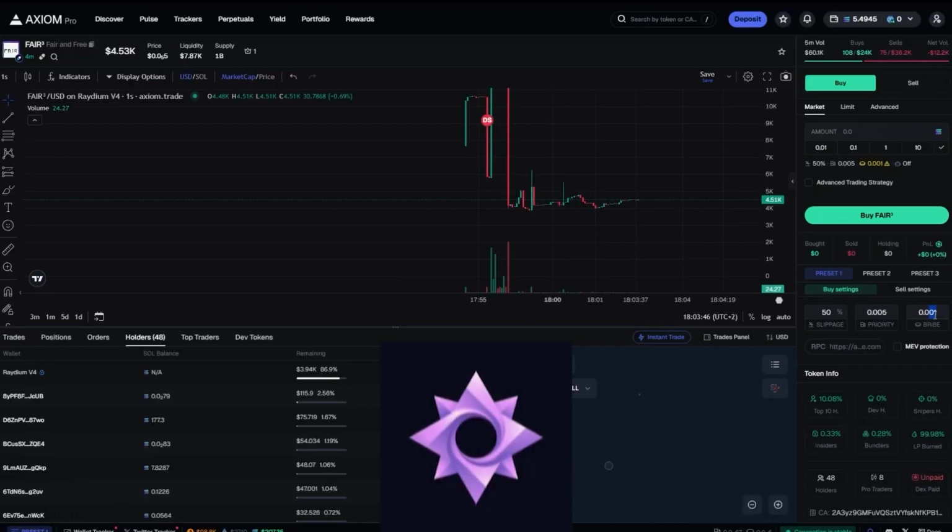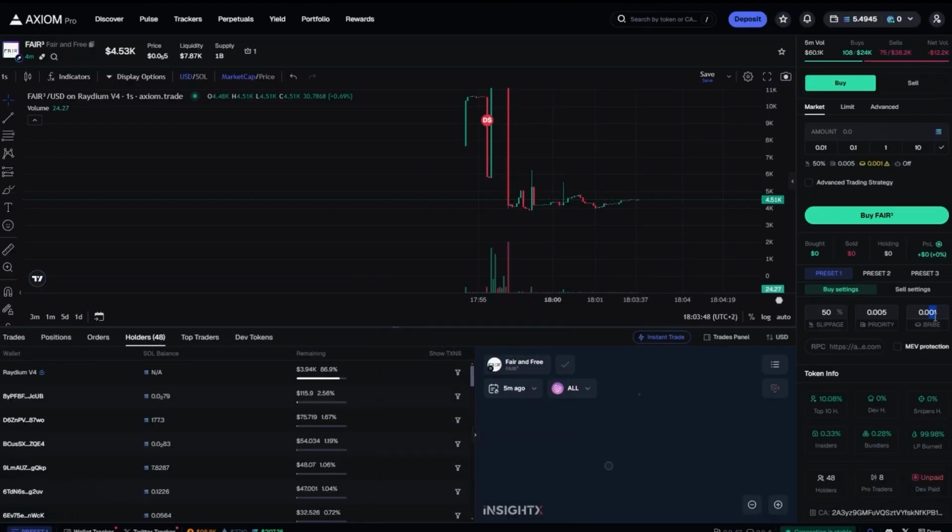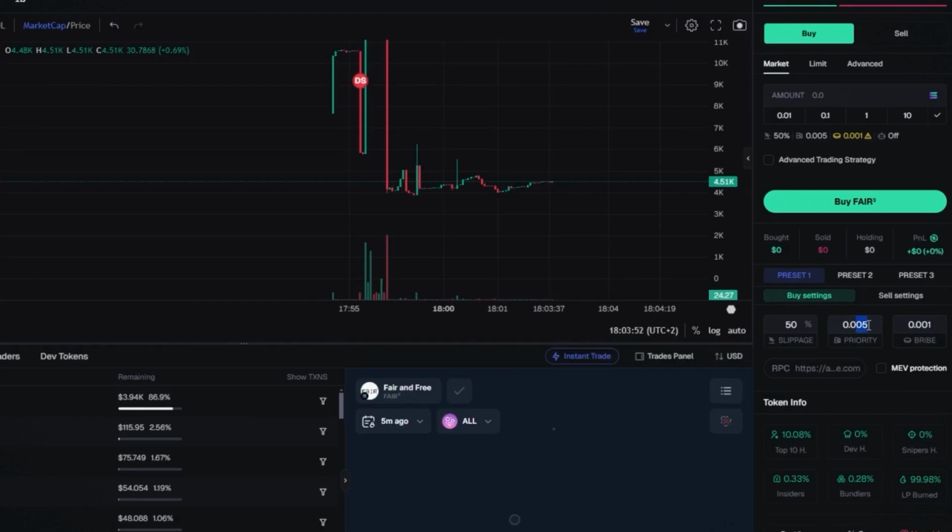So on Nova, the other trading platform that I've been using, it's usually like this, right? You can set the priority fee and then you can set the tip. So I believe they've just named it the bribe. So the bribe is usually what needs to be set higher, and you can see here the recommended bribe at the